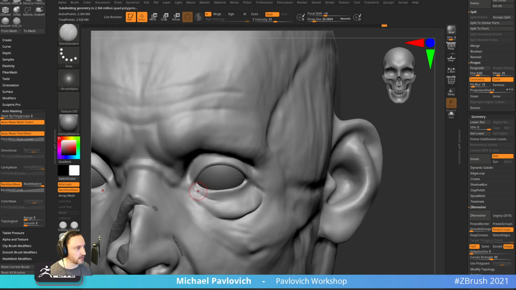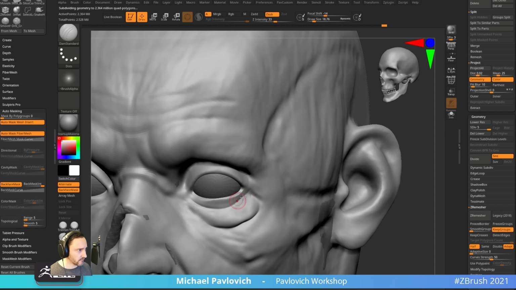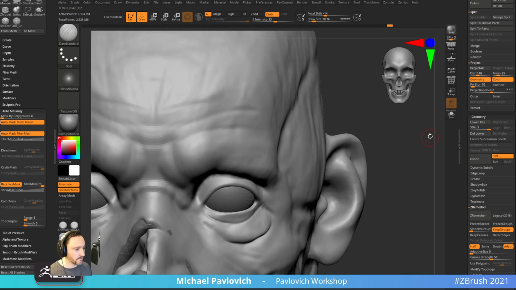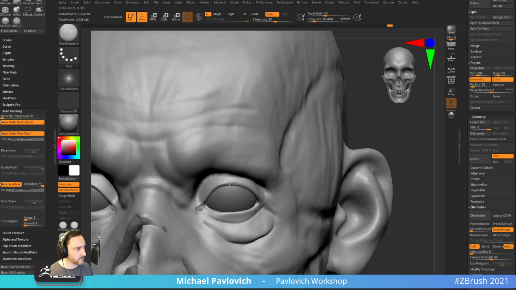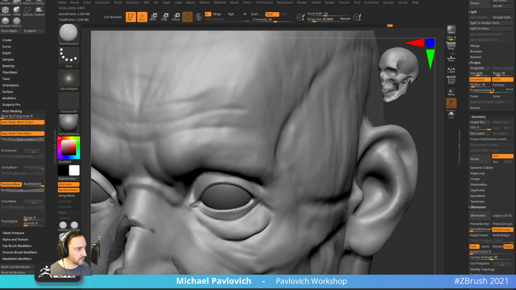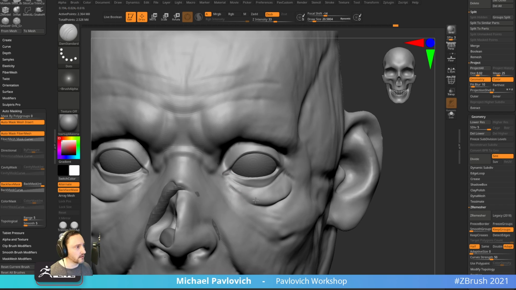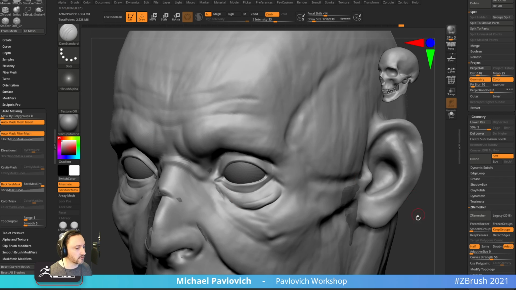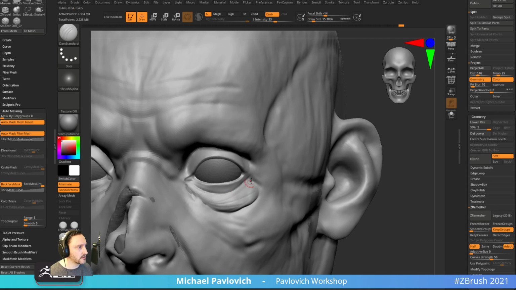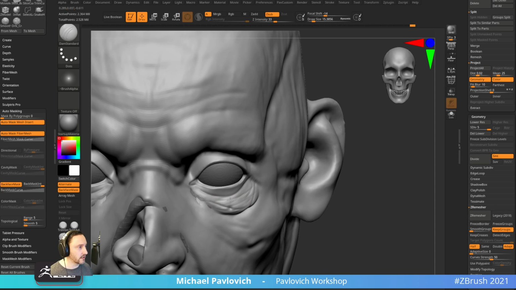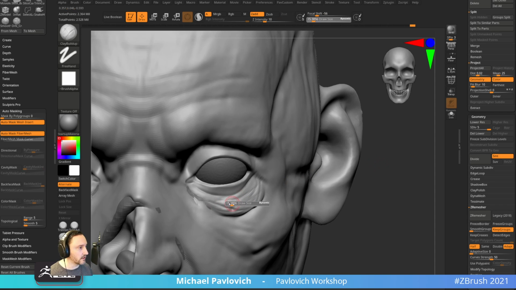Let's go into our Damien standard brush. So again, we're going to leave this tarsal plate alone-ish, and then we'll go ahead and cut this in. So we'll keep these nice and crispy, and then down below is where all of our bags of fat are. So we'll go through here, and we'll start just kind of crisscrossing across here. And these can be primary and secondary forms too. So if we cut in some serious baggage and then go back in with our clay buildup brush,